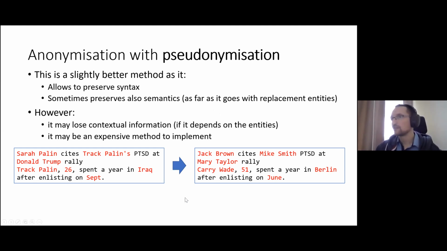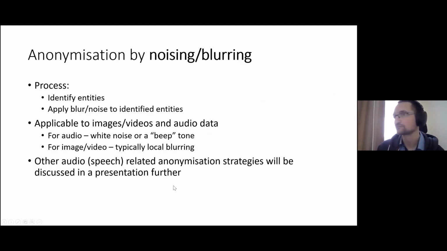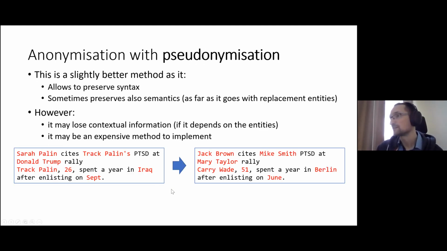So this is a slightly better method. It allows to preserve syntax and also semantics, but as I mentioned when I was talking about placeholders, we can also lose some contextual information if the context around depends on the exact entity that was anonymized. And it may be a very expensive method to implement because you need to have a larger set of tools available, and you need, for each language that you work on, named entity recognizers, part of speech taggers, morphological synthesizers, which